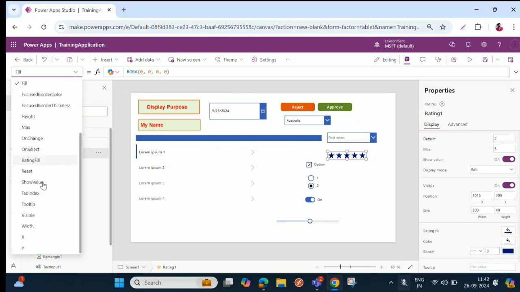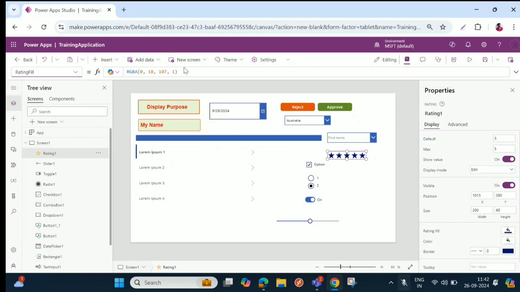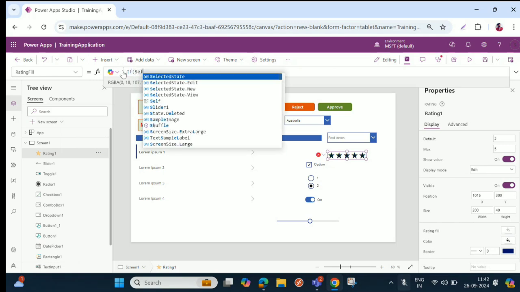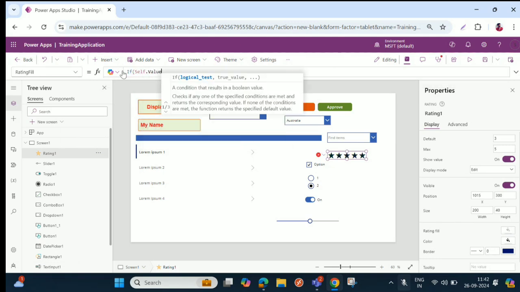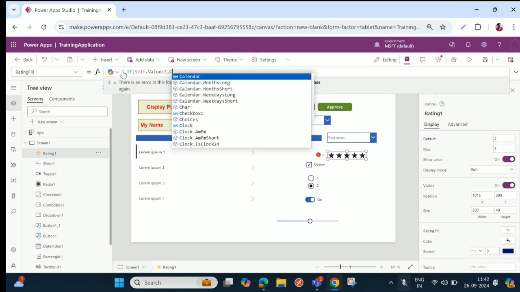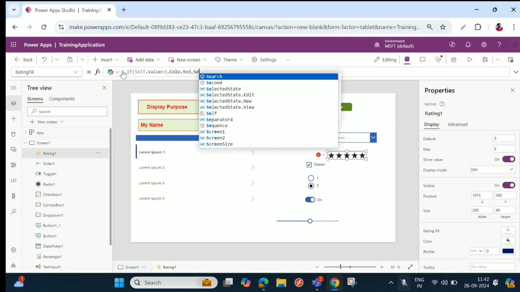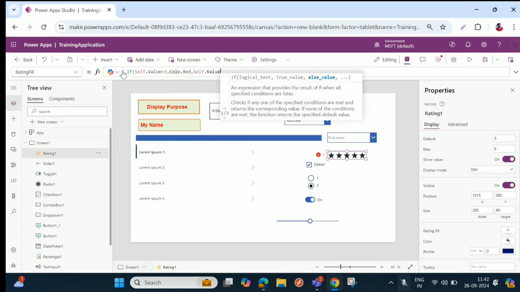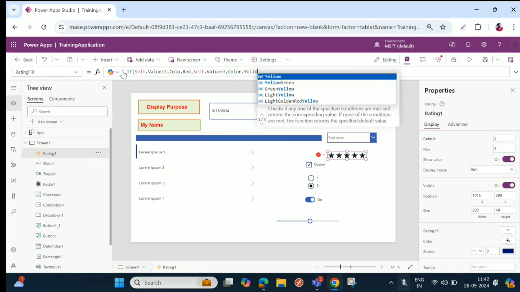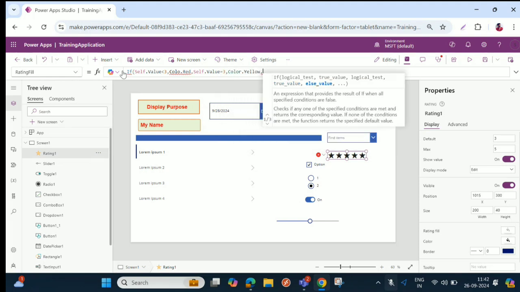If self.value is less than 3, Color.Red; if self.value is equal to 3, Color.Yellow; or else